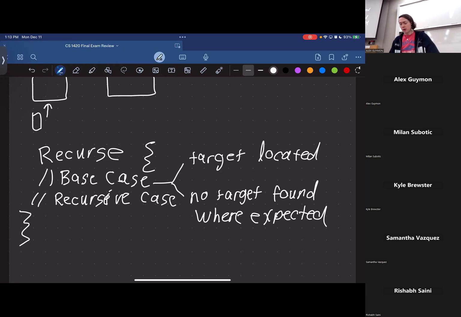I'm going to say no target found where expected, because binary search does work on a sorted array or a sorted list. So if we don't find a target at the expected location,